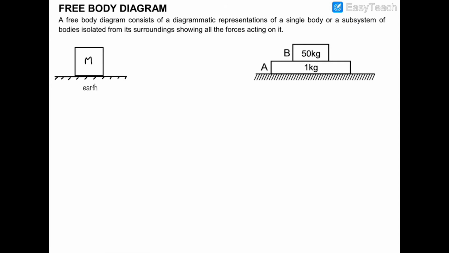Hi guys, today in this video we will discuss a very important and significant topic of NLM, which plays an important role in almost all the chapters of mechanics as well as in physics. So this topic is free body diagram, and in this topic we will discuss